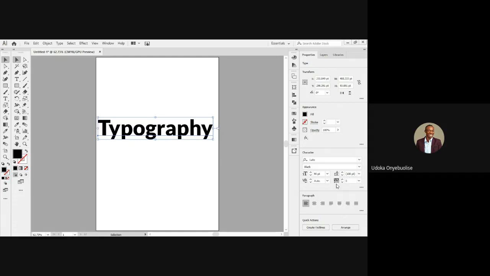So if you go to your control panel, you're going to find a panel where you have arrows pointing in opposite directions, all right, with an inscription highlighted VA. All right, VA. So what you do is, if we want to control the kerning, that's letter spacing in this typography, what you simply do is